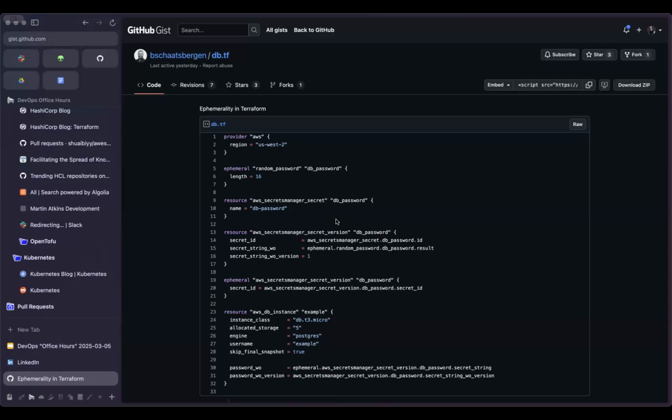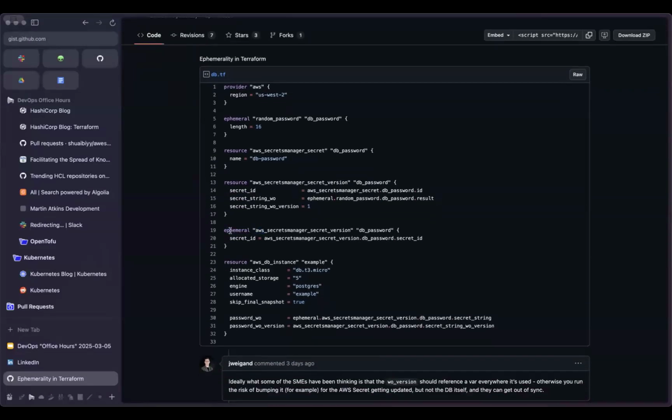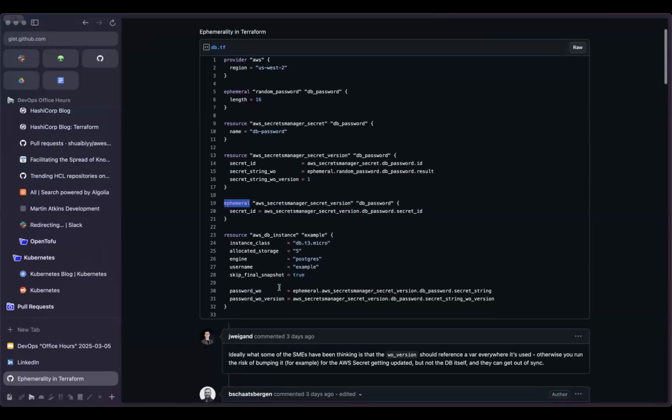So one of the nice things that they've done in 1.11 is create a new resource type. When you create this resource type called ephemeral, you can set some keys in here and assign them values. Then you can refer to the ephemeral resource in other parts of your code like this, and rest assured that whatever you're referring to isn't persisted in the Terraform state itself. That's all accomplished as a result of using this ephemeral resource type.